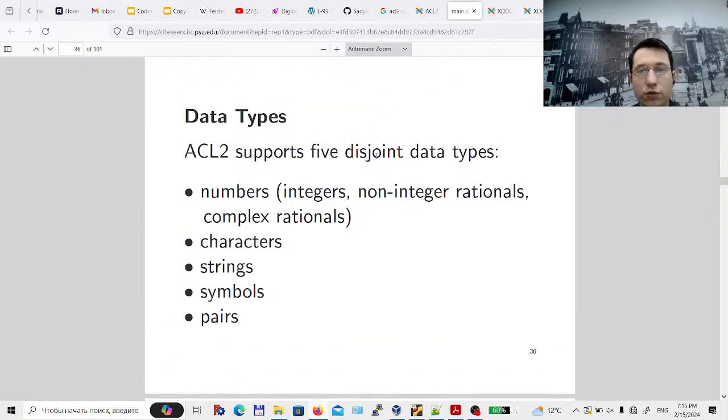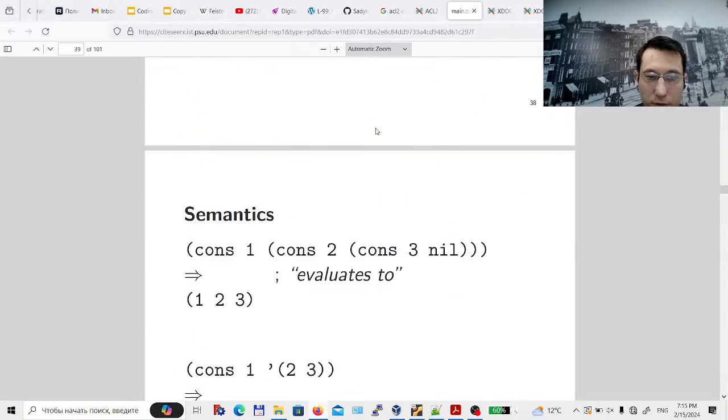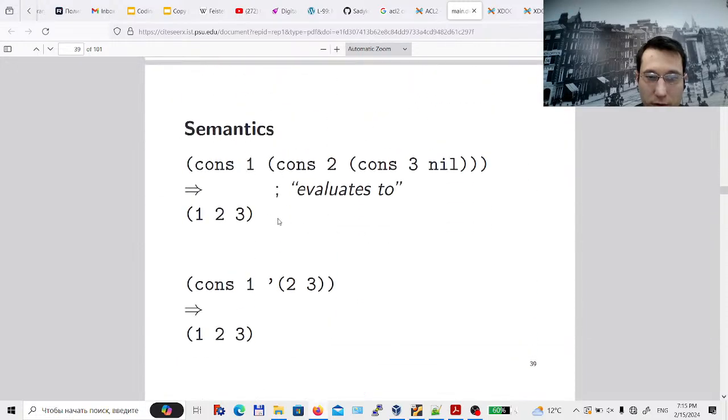ACL2 supports 5 disjoint data types: numbers, characters, strings, symbols, and pairs. So we have the following semantics,